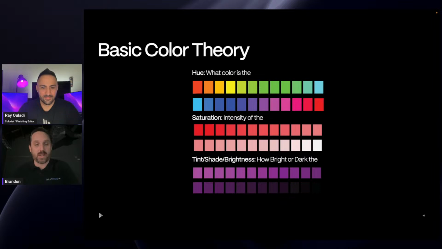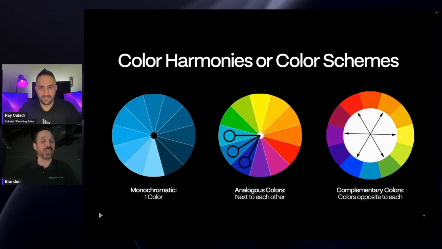And then tint, shade, and brightness is how bright or dark the color is. Again, you're looking at the same color, but the tint, the shade, or the brightness defines how bright it appears and what that color ends up looking like. This is just some basic tool set that you should learn when you're doing color correction, whether super basic or getting into the more detailed things when you see your favorite movie or a documentary. These are definitely some of the tools that colorists and the creative directors have used in the process to make their movie. Then if we go to the next one, you've got your harmonies or your color schemes.